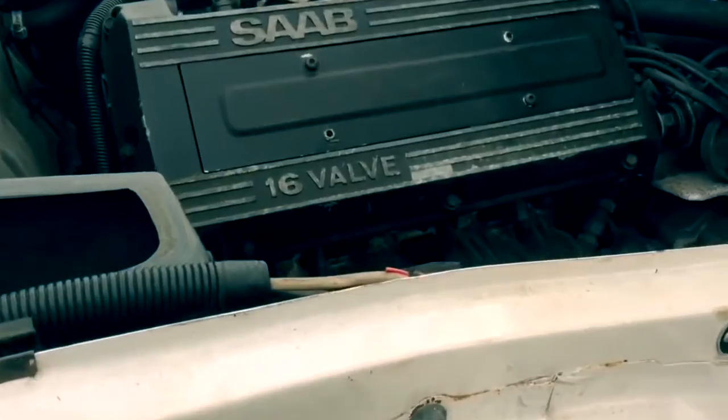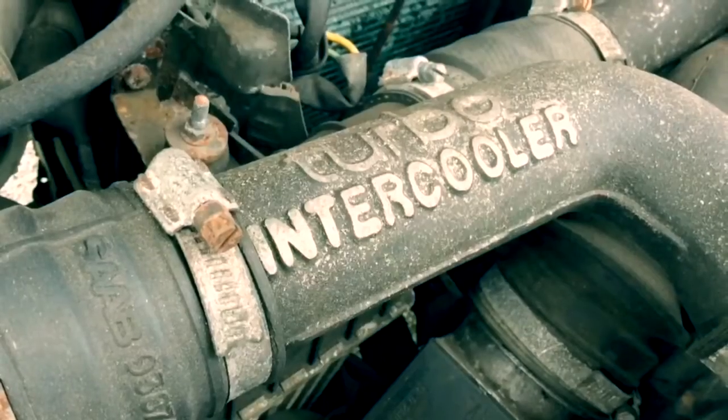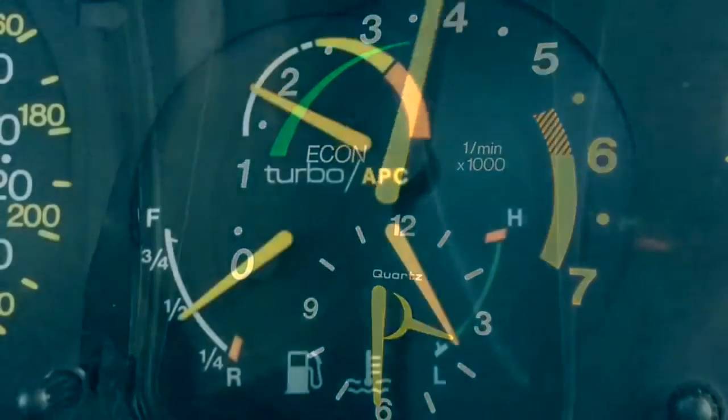Turbo was becoming the name to have, and not just on your boot lid. In car terms, Saab was leading from the front when it came to road car turbo technology. Saab developed an automatic performance control, or APC, boost controller for the 900 Turbo. With a knock sensor on the intake side of the engine block, the APC senses even the slightest bit of engine knock, backing off turbo boost through the wastegate, which allowed this engine to run closer to the limit than most,